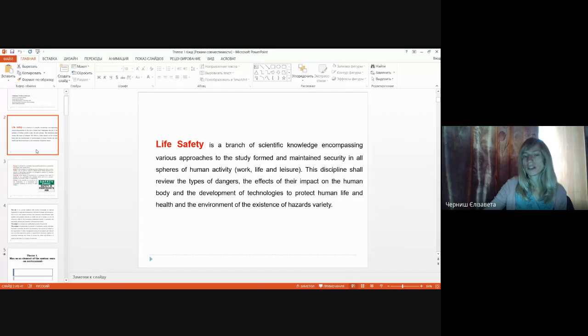It connects different approaches to studying our security in the different spheres of human activity: the workplace, our leisure, and life in general. Thus, the discipline reviews different types of dangers,